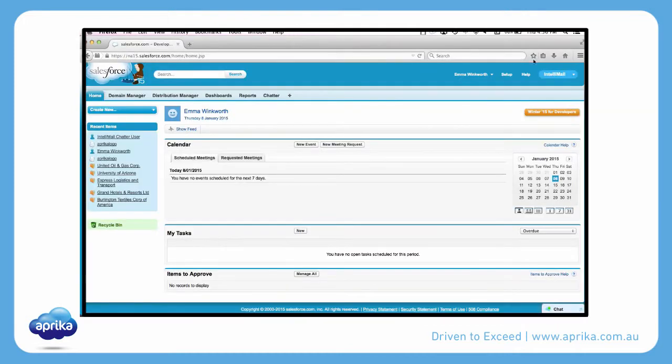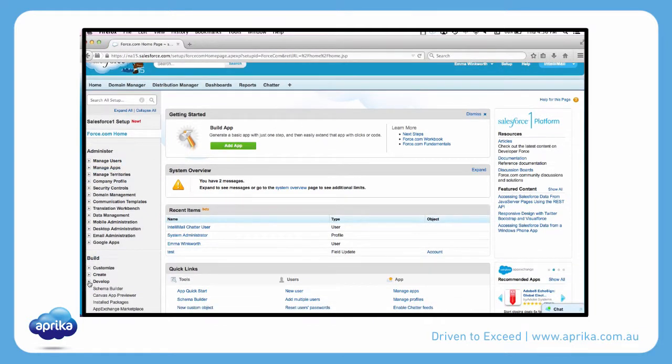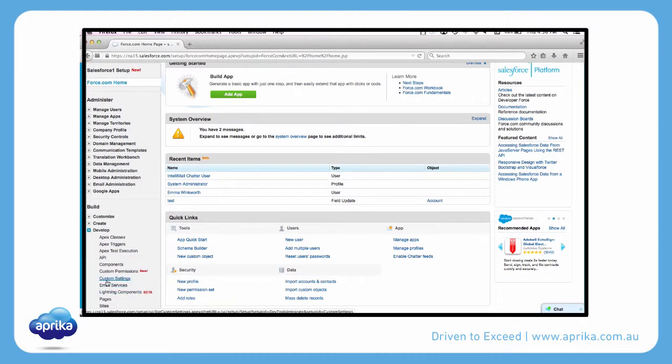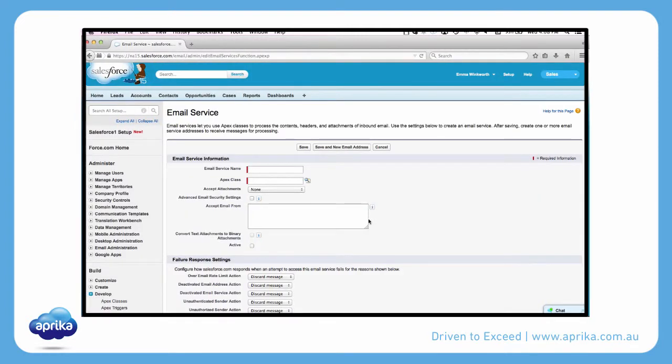To do this, we first need to go to the Setup menu and then navigate to the Develop heading and select Email Services. We can now configure an email service by clicking on the New Email Service button. Please note that in order to configure the email service correctly, the information needs to be completed exactly as I do it here. The first step is to enter the name,